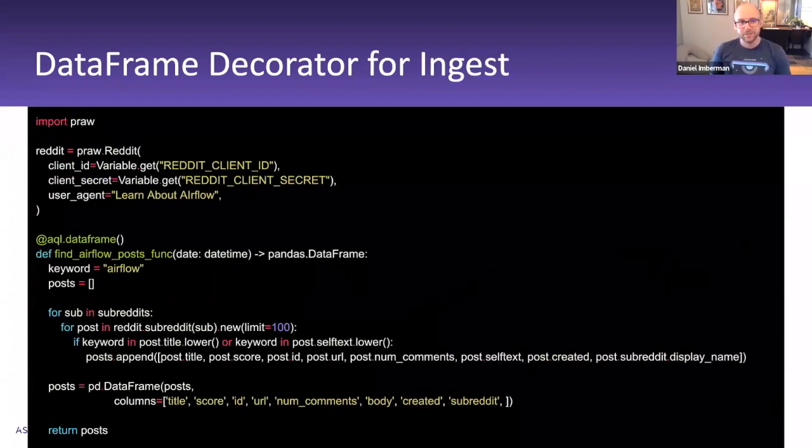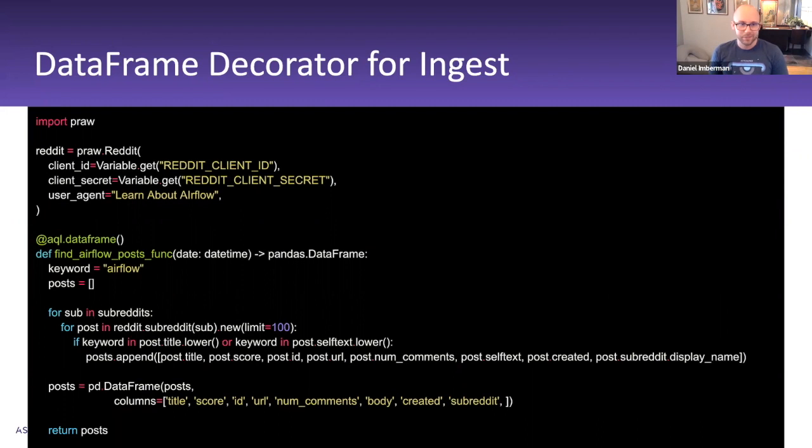Another really cool use case for the data frame decorator is for ingestion. So let's say you want to now not pull data from S3, but you want to get live data from Reddit or live data from your internal API, because a lot of companies have internal APIs that may not have an Airflow connector, and you don't want to have to create a whole operator from scratch. So now you have this ability that whatever API you want to hit or whatever thing you want to do, just use AQL.dataFrame, return a data frame object, and now you can actually pass this to your data scientist, where